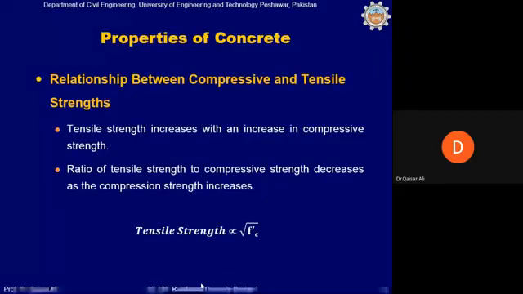in research by researchers. If you want to make a relationship between two variables, sometimes a direct relationship between the variables is not possible. For example, if you want to test concrete from the same sample or from the same concrete, if you prepare cylinders of concrete and you prepare beams of concrete,